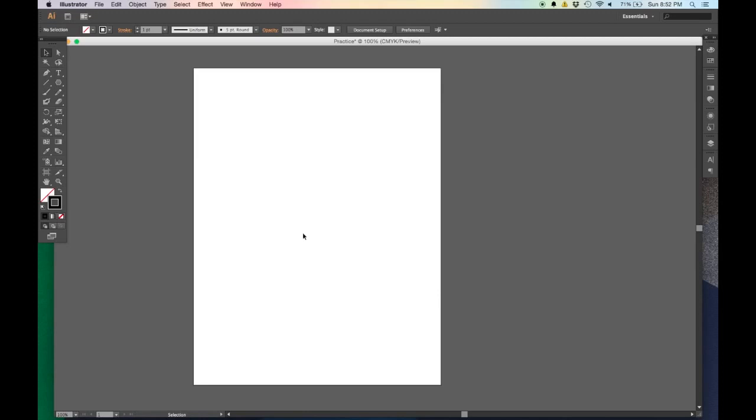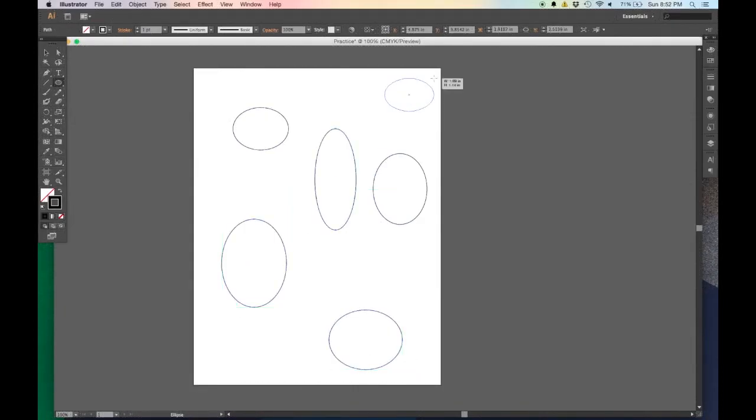Okay, so let's talk about fills and strokes. I'm going to make some geometry. Just going to make some shapes. Now, right now, all of these shapes have the same stroke and the same fill, meaning that